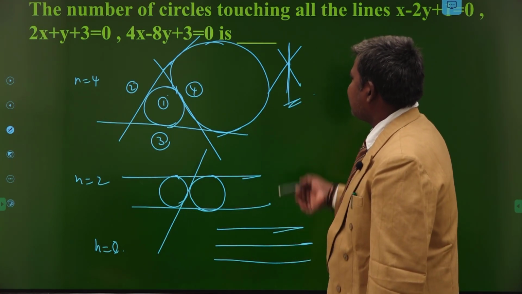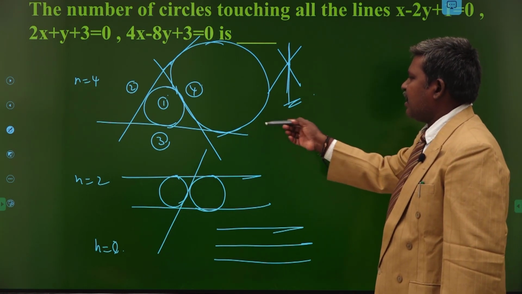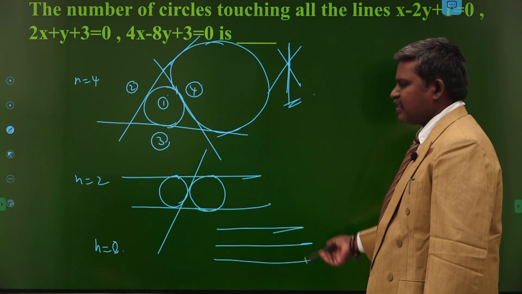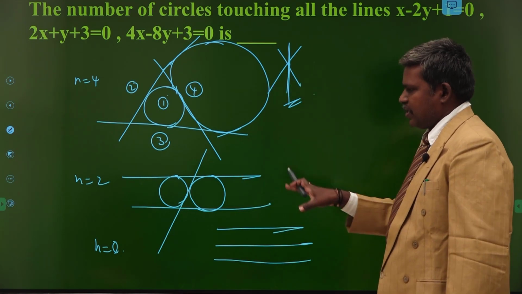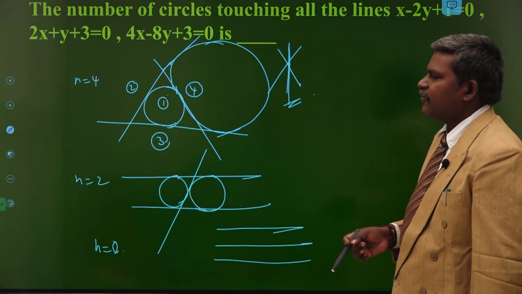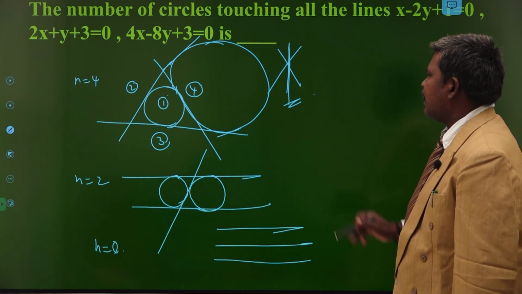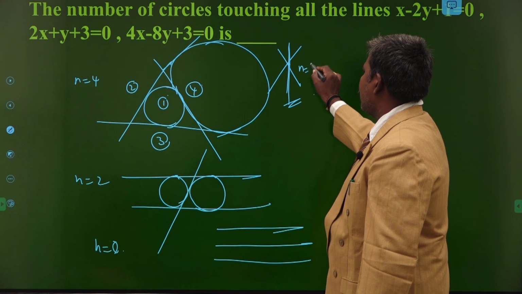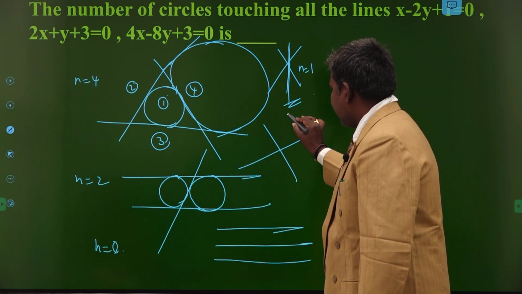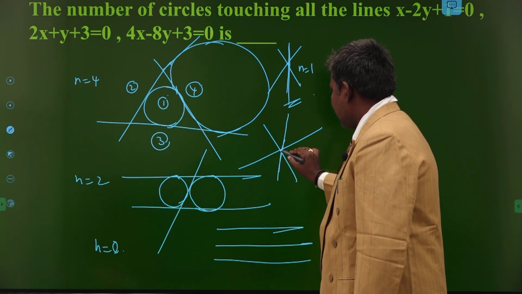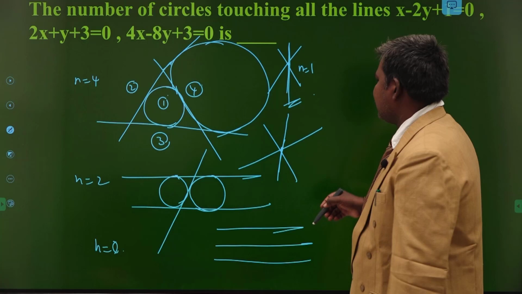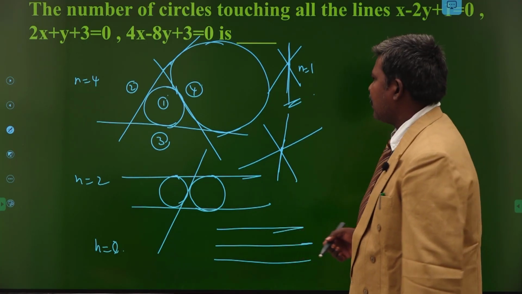So, suppose 3 lines are there, the lines may be concurrent, may form a triangle, 2 of the lines may be parallel, or all 3 may be parallel. These are the 4 situations. Depending upon the situation, we get the number of circles touching the 3 lines. Here we may take it as 1 circle, that is the point circle, since the lines are concurrent at the point itself. The number of circles is 1 here. Okay.